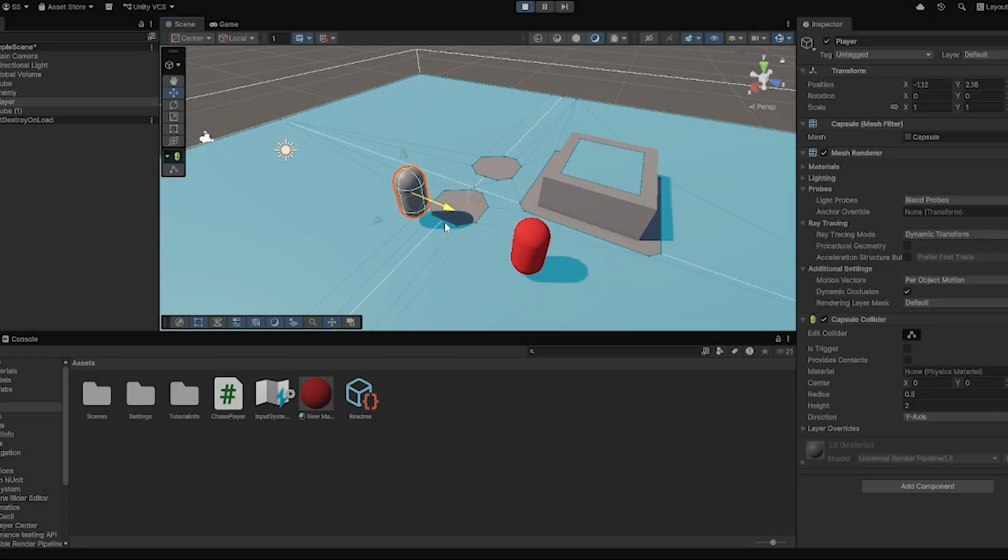Hello everyone, and today I will show you how to make an object hunting your player object, basically following you in